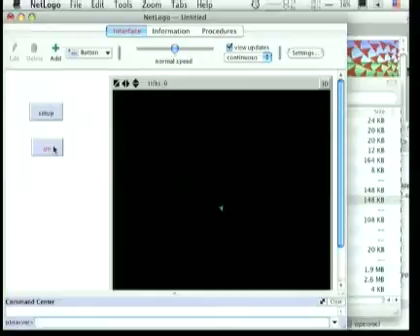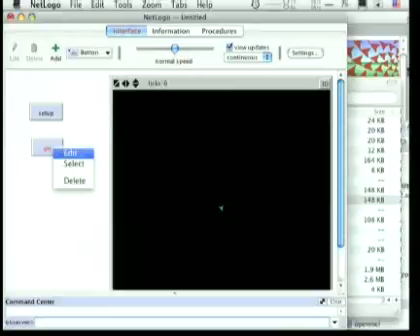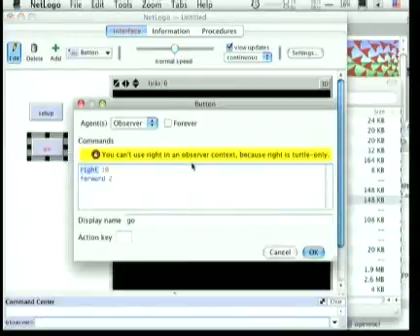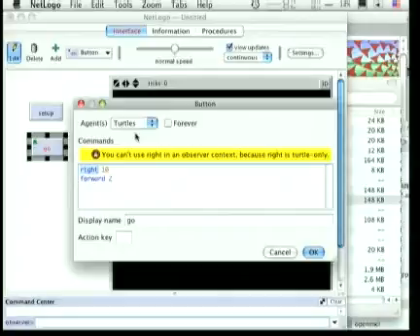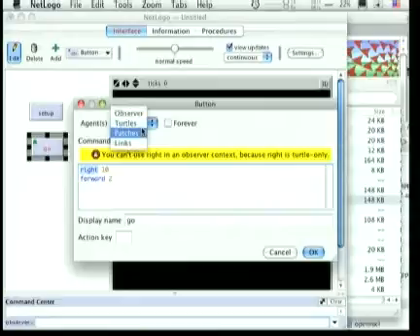We can edit by right-clicking on the button. On a Mac, you can control-click on the button. You can't use right in an observer context because right is turtle only. We'll go into this in a minute, but for right now we have to make this be a command to a turtle rather than a command to the observer, which is the overall overarching entity that controls the simulation. But this is a command just for individual turtles, so we select turtles in the menu up here